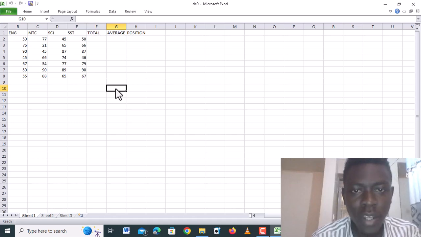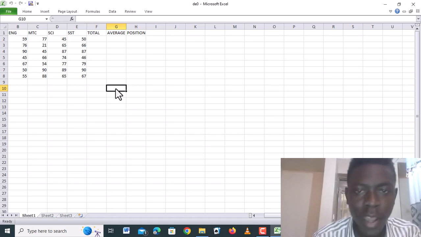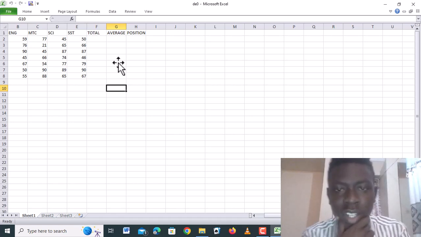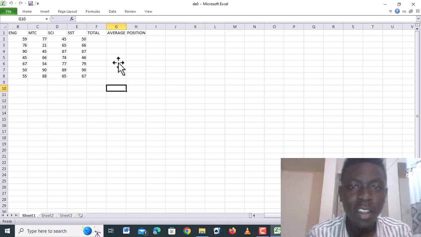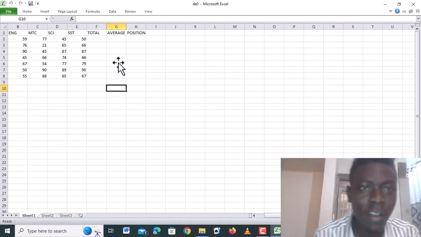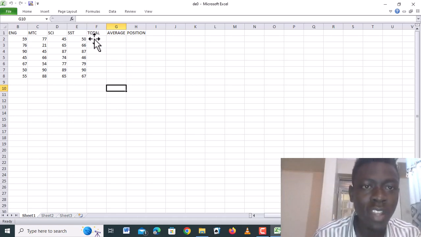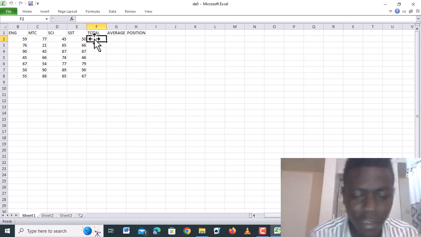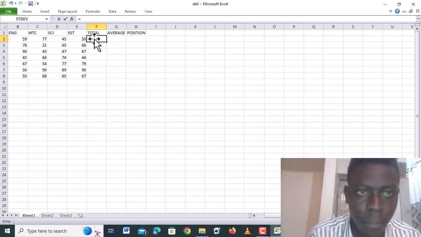Another term we can look at is a formula. A formula basically is an expression entered in a cell if you want to perform a specific function. If you want to perform a specific task, like for example here, you want to get the total of this. The task you want to perform is getting the total of these marks. So we shall enter in a formula. For example, our formula, you can use sum equals